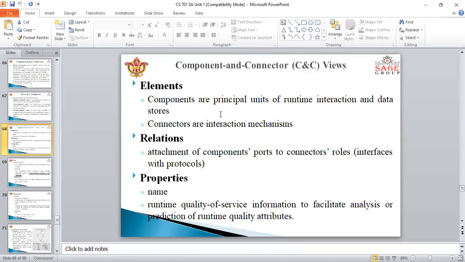Here you can see some component elements: components are the principal units of runtime interaction and data stores, and connectors are interaction mechanisms, and the second one is relation.